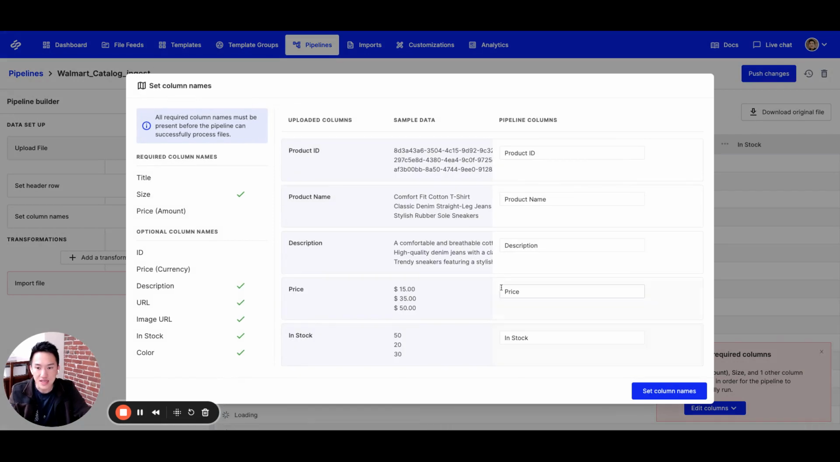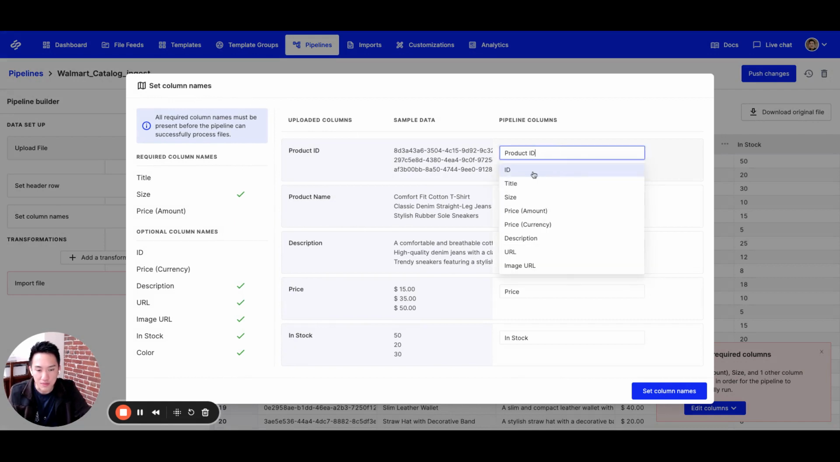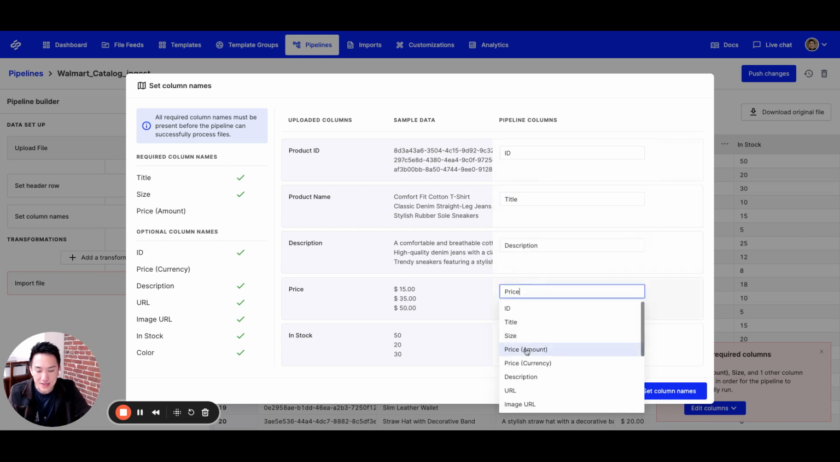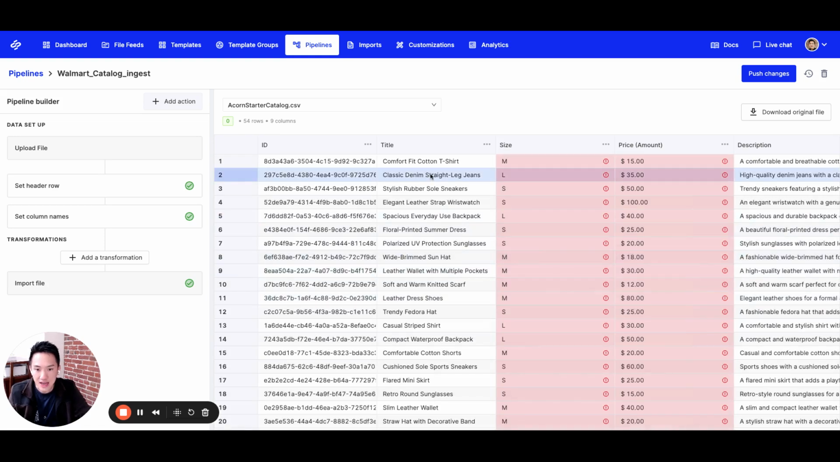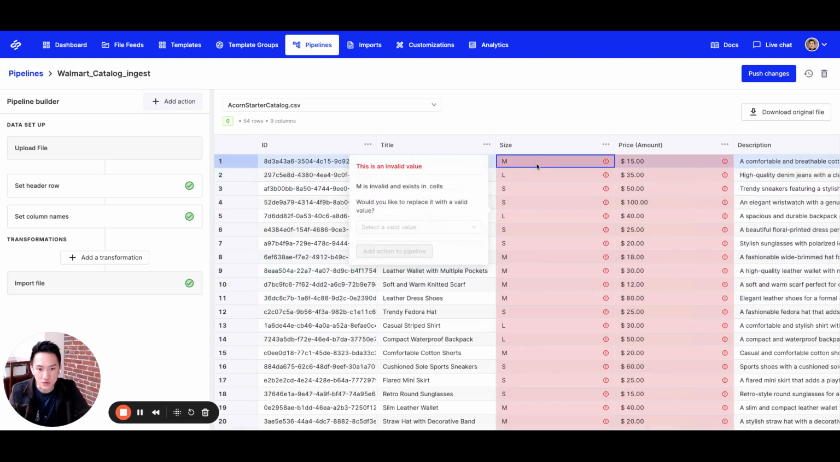From here, you can see that I'm going to get dropped into the pipeline builder view. And OneSchema is going to ask me for mappings. So I can, for example, take product ID that Walmart has sent me and map it into ID. I can map product name to title, and I can map price to price amount. By setting my column names here, I can see that now OneSchema shows me a spreadsheet view with all of